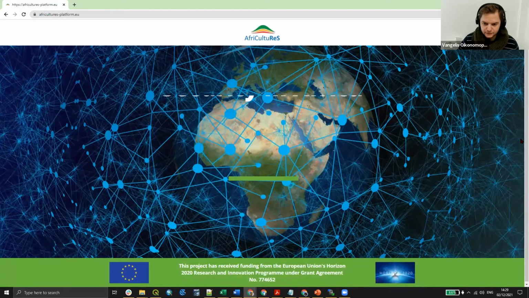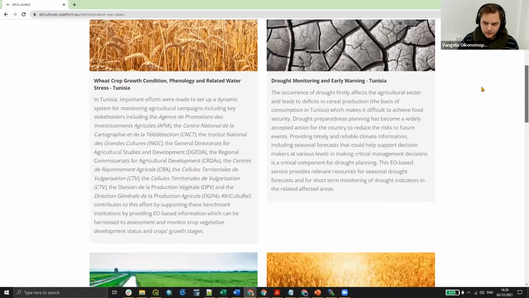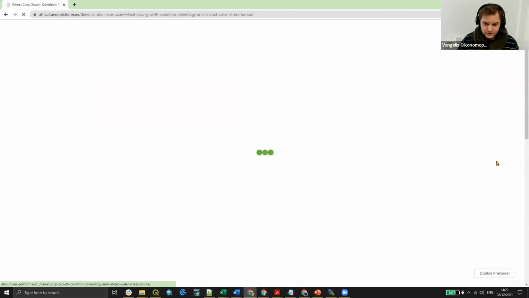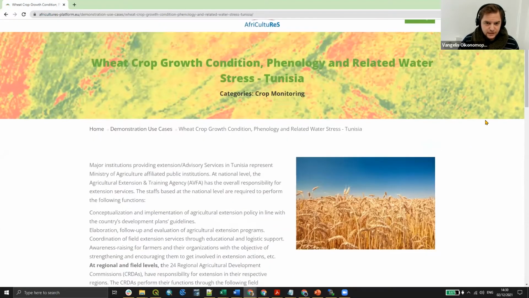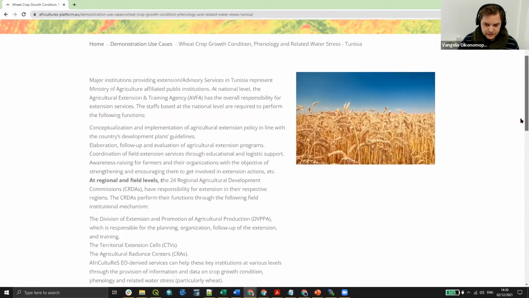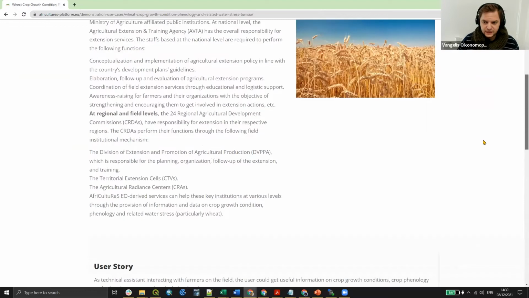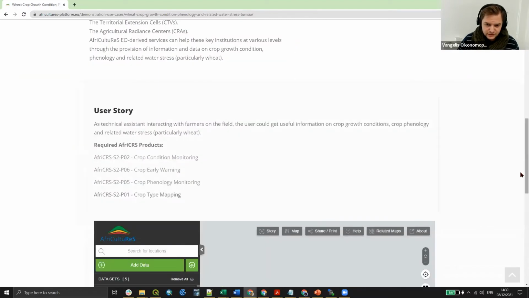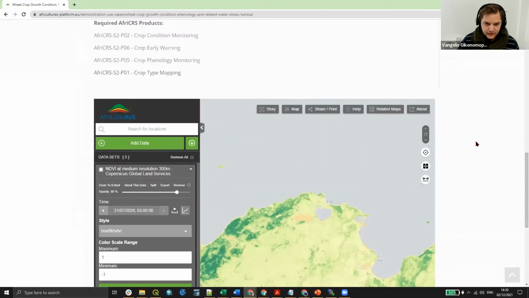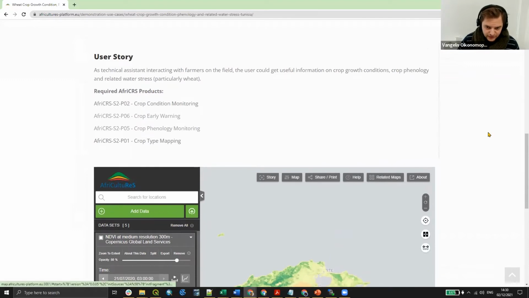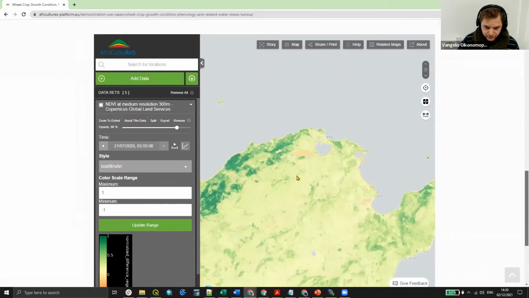Here is the web page with all the use cases of the project, and we can have a look at the crop growth condition, phenology and related water stress use case for Tunisia. So the story unfolds in this part of the web page, and the different user stories, in this case I think it's just one, are presented and actually supported by the data themselves